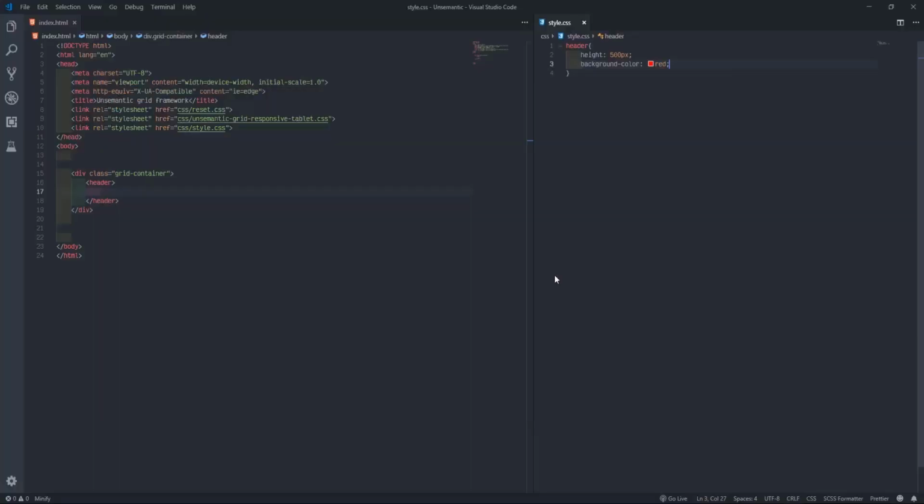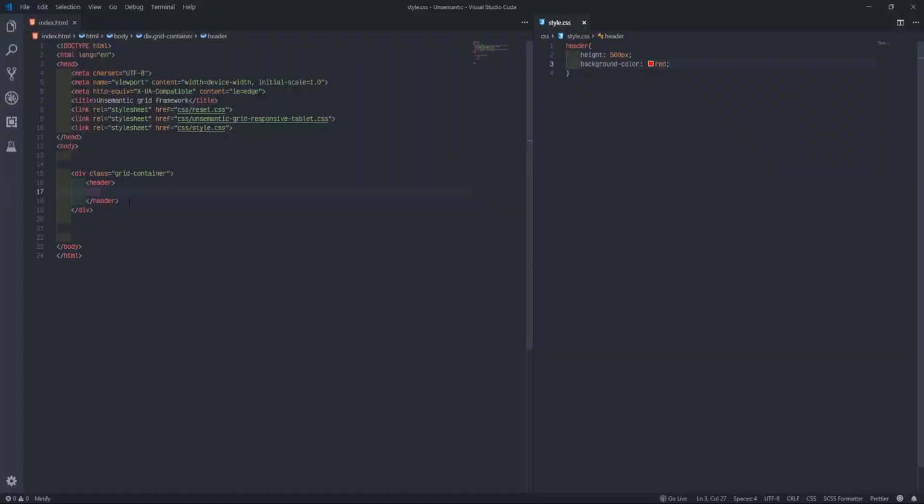I just specify the height, then I put background color, and I leave the width like that. But we know it just looks full like this. If we want to actually utilize that, what we are supposed to do before we put header is come to this place and write grid 100. Note that they use Emmet.